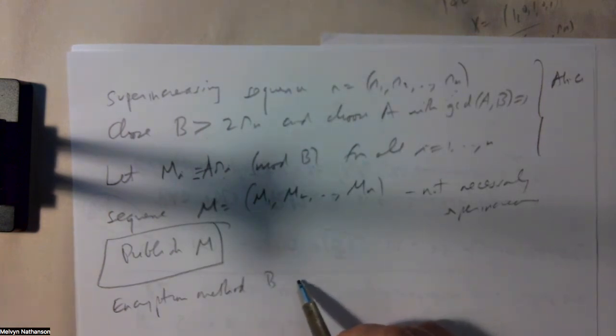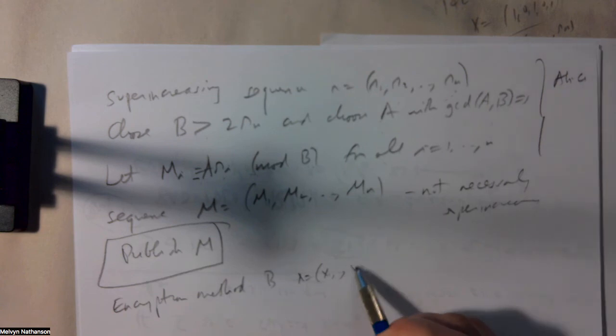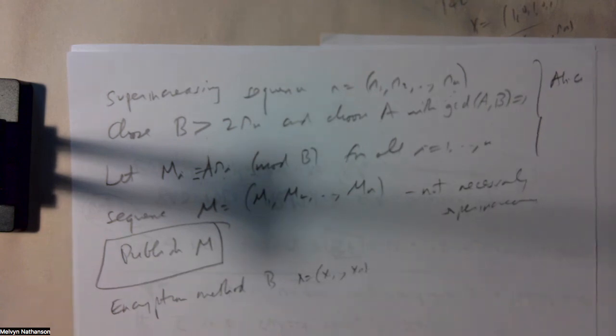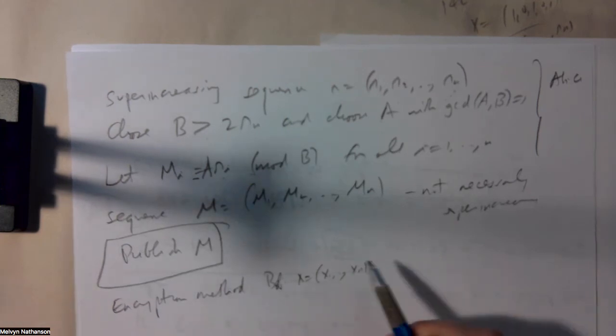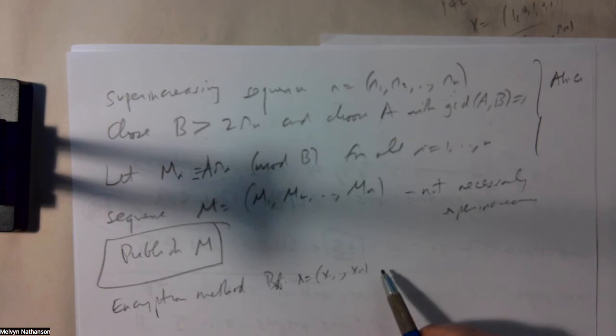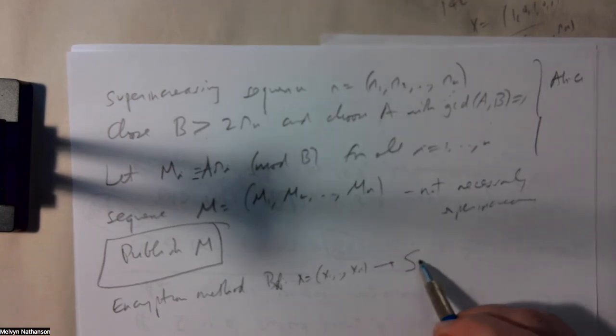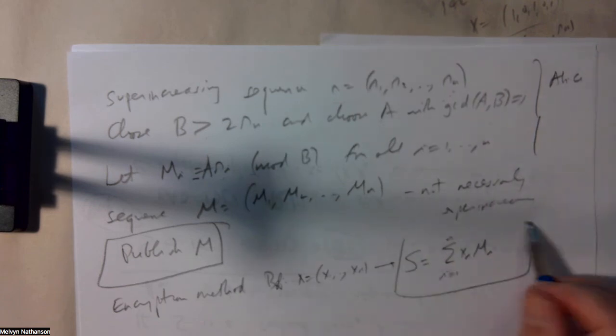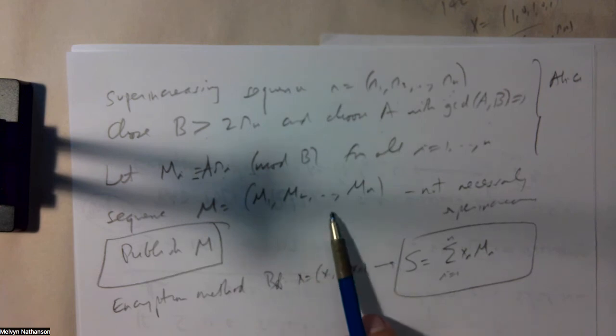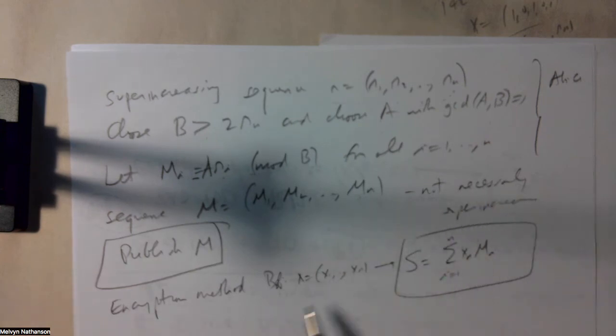So Bob has a bit sequence X, which is X1 up to Xn, that he wants to transmit to Alice. What Bob does, or anyone who wants to send a message to Alice, is compute the number S, which is the summation of X sub I, M sub I, I goes from 1 up to N. So M is not super increasing. M is complicated, just some strange sequence of numbers. And Bob takes the subset sum corresponding to his bit sequence, and he sends this